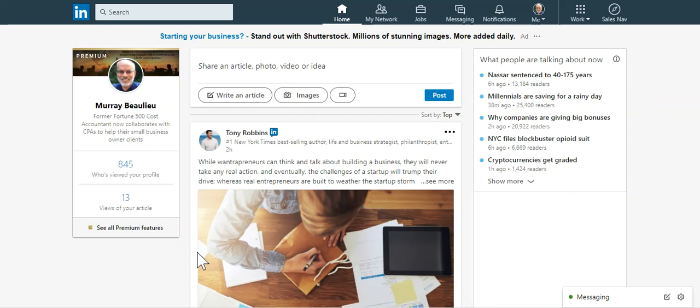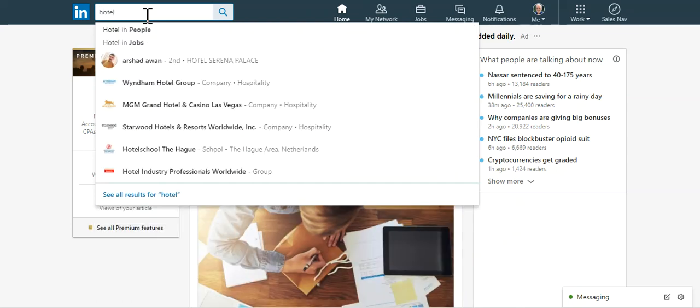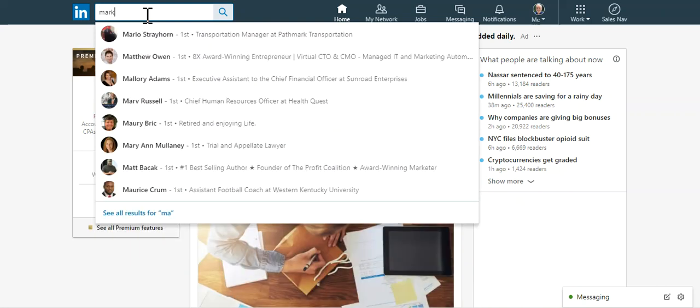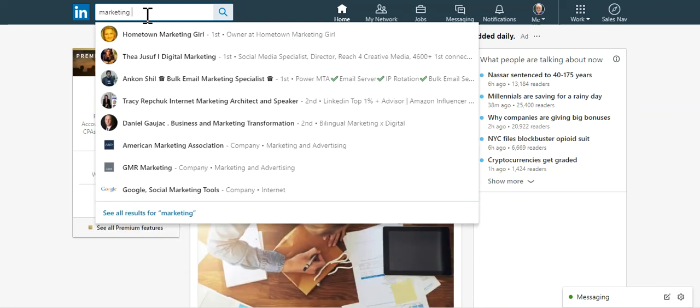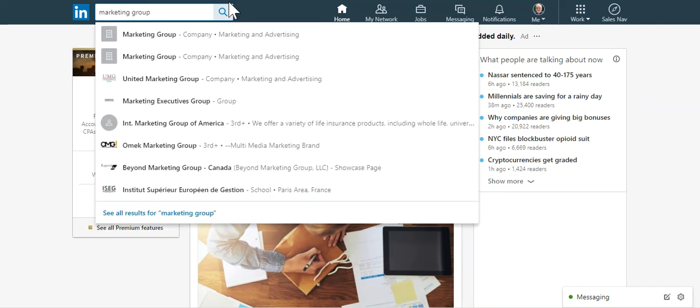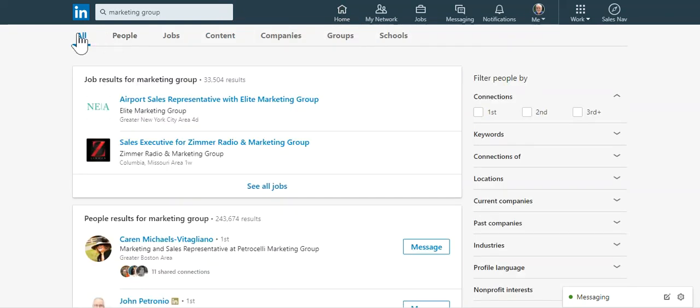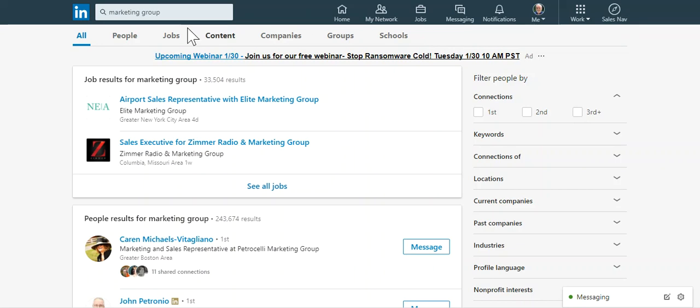All right? So here's the home page on LinkedIn. Click on this here. You got a search bar here. So let's say I want to search marketing groups, right? So I type the word group, and then I'm going to hit search. Notice when I do this that now I get these options that just pop up. This is not intuitive, so that's why I want to show it to you. So now I can click on this,